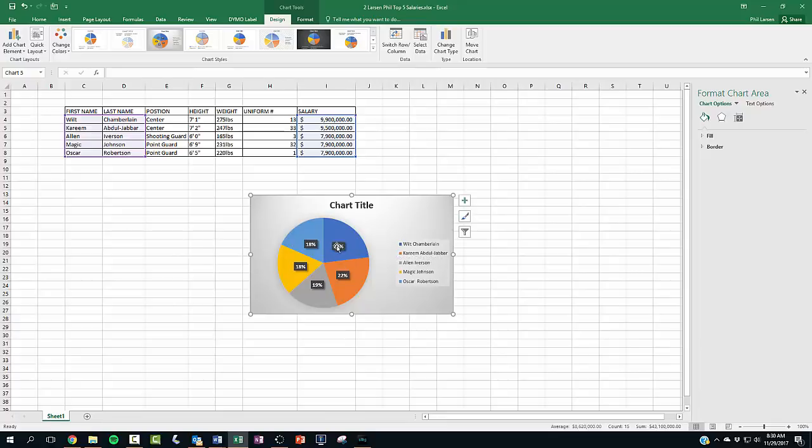And we don't want to know the percentage that they're making. We want to know the amount of money that they're making per year. So I'm going to click on this one. Excuse me, double click. And you can see it shows me 9,900,000. So I'm going to select that one. And I'm going to do that one here. And I'm going to double click here. Seems like I have to triple click sometimes. So I double click and then I wait and then I double click again.